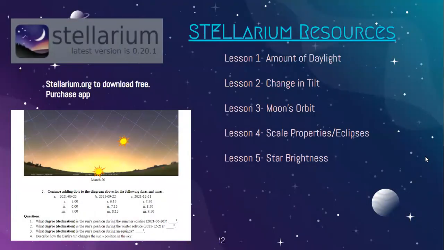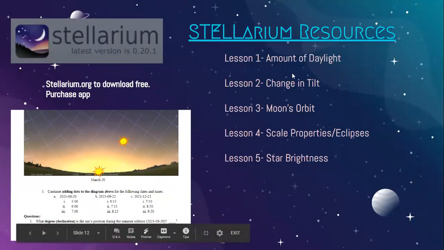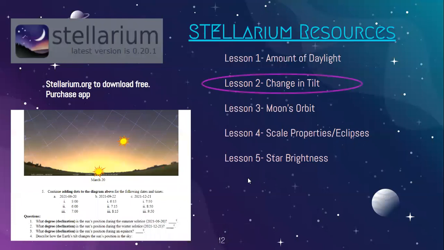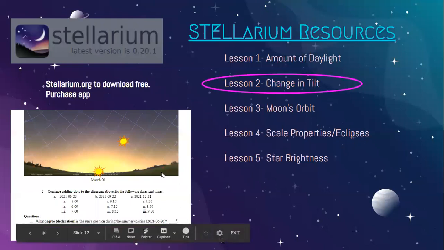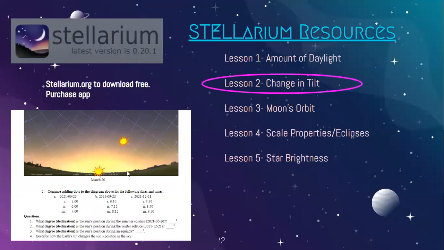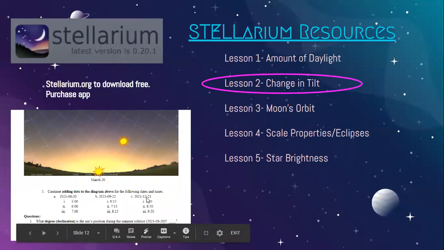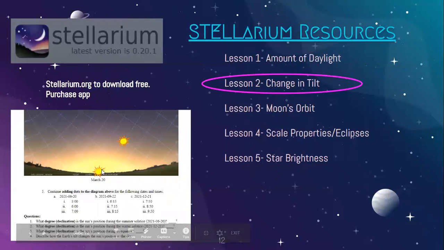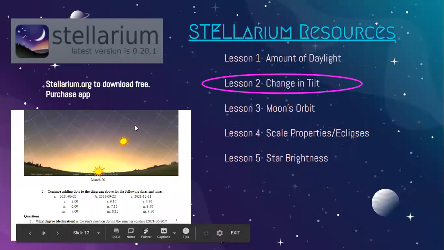So students can also do this activity that I have called change and tilt, where it programs or directs students to looking at just one side of the sky and just the first 3 hours of sunrise on those 4 days. And so they'd see during the equinoxes, the sun comes up here in the middle. And so they're going to plot the point at these hours where the sun is. And so on the next day, or over here on the next date,